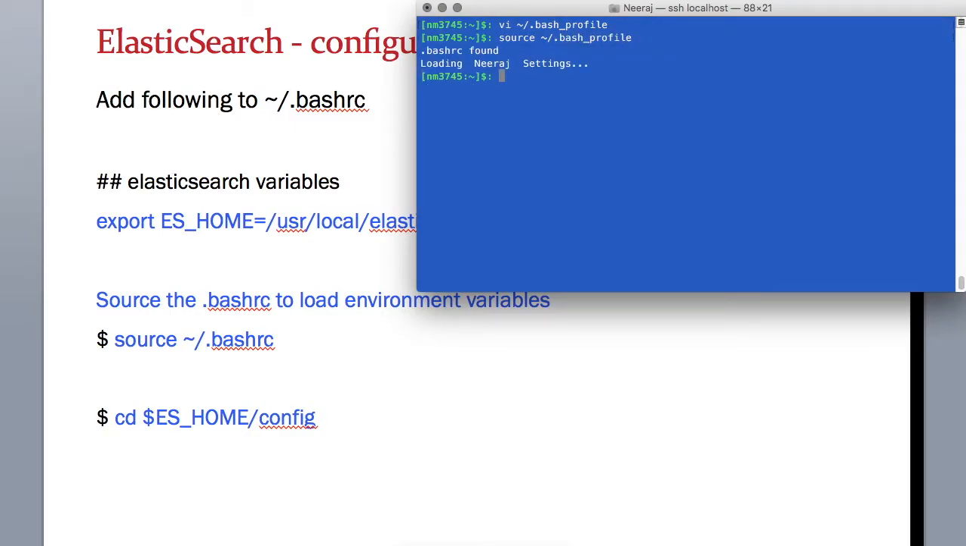All right, so now we have ES_HOME created, and you can check it like this. Okay, so all looks good so far. Now let's go to our installation directory for Elasticsearch,